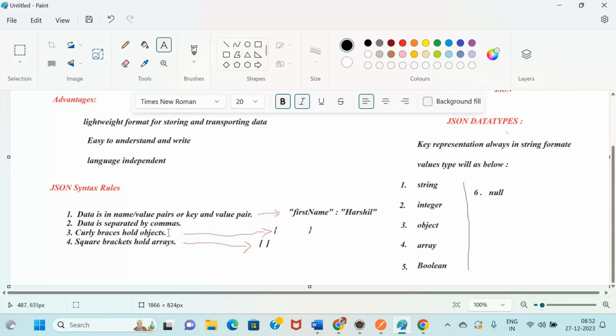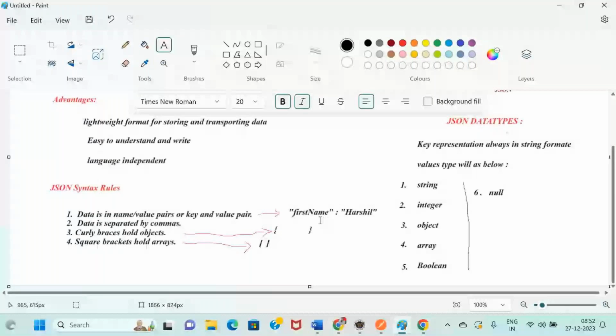To hold multiple data we use an array. The applicable data types are string, integer, object, array, boolean, and null. We have a key-value pair here: this is the key, this is the value. The value can be any of the applicable data types, but the key should always be a string only. We will see how it looks now.